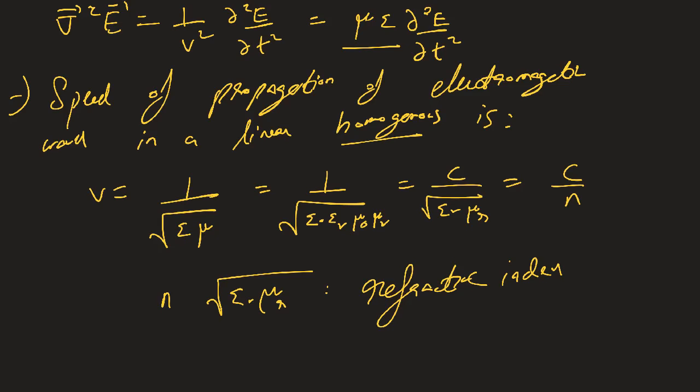And so that would be less by what factor? Well, less by c over the square root of epsilon_r mu_r, and that factor we call n, and that's the refractive index. So when someone says that the refractive index of water is 1.4, what they are saying is that when light enters